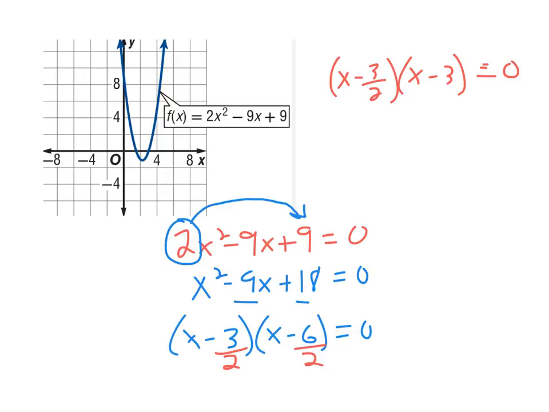Now to find the zeros of this function, we have to ask ourselves what makes this 0. So if you notice, if we plug in a value of +3 here, that would make the whole function 0. So x equals 3 is one answer. And if I plug in a value of +3 halves here, it also becomes 0. So x equals 3 halves would be your other 0. So if you look back on our choice,